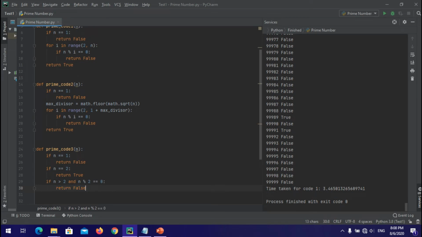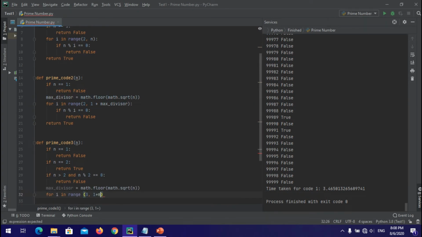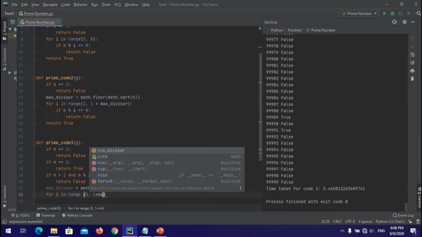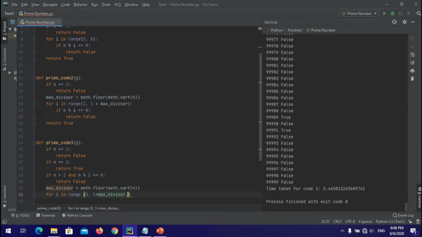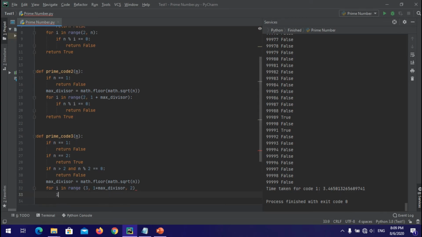So all the even numbers are terminated in the third step. Now I have to develop the code for odd numbers. We will divide up to max divisor with a step variable of 2, such that if the first element is 3, then it checks 5, then 7, then 9. So again the code is the same.